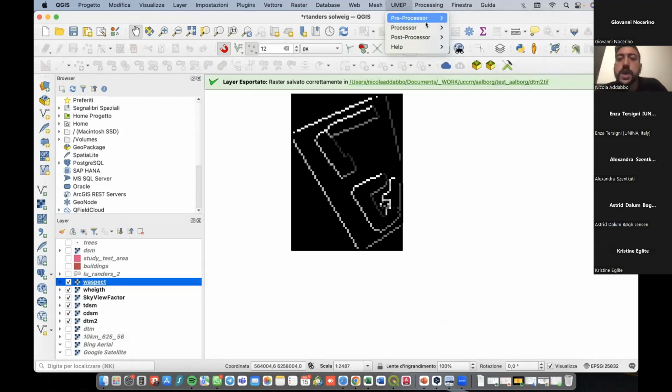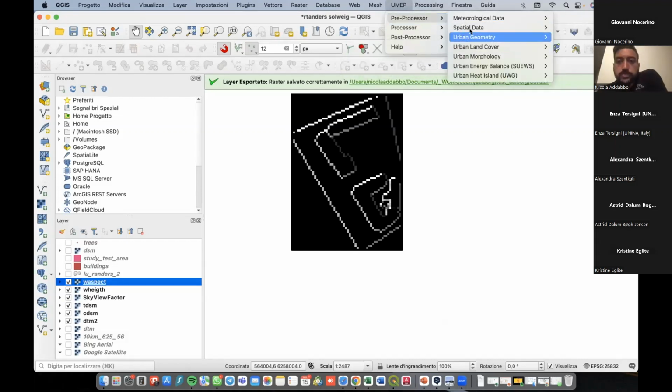So I don't need this information, but you can improve the simulation with land cover classification if you have a raster that represents the urban land cover. Now we have completed the preprocessor phase,